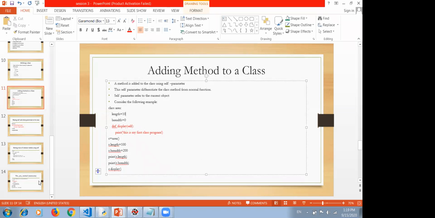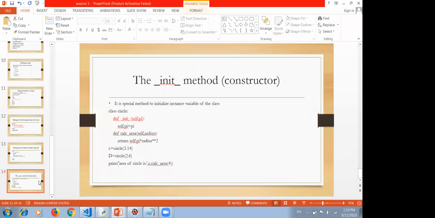Like in this method, when we create the object, I pass this value 3.14. Now this 3.14 value will be assigned to pi through this init method. I did not call this method. Automatically this method is executed. When? When we create an object. Then I create another object. Again this method will be executed and a different value will be assigned to this pi. I hope it's clear now.